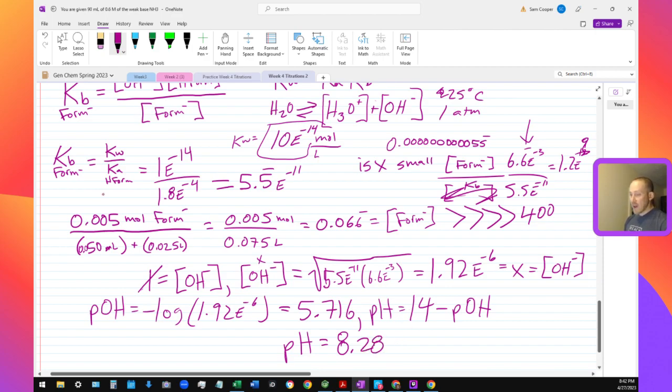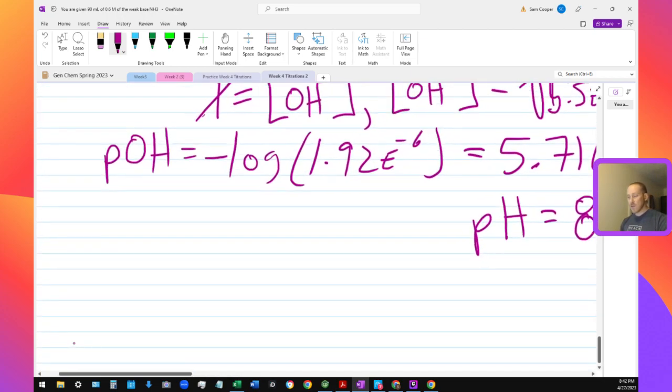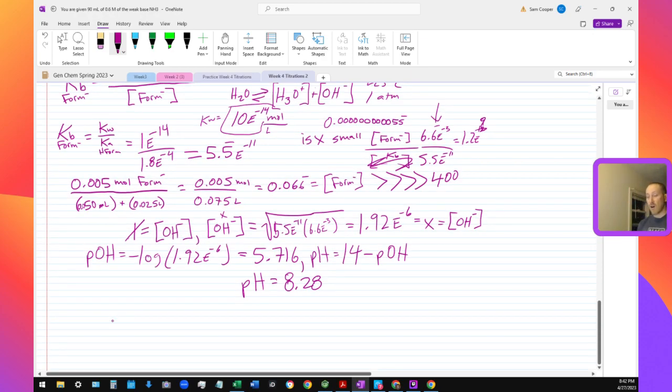So that's when we've added exactly enough of the NaOH to consume all of the formic acid and render all of it into the conjugate base formate. Okay,